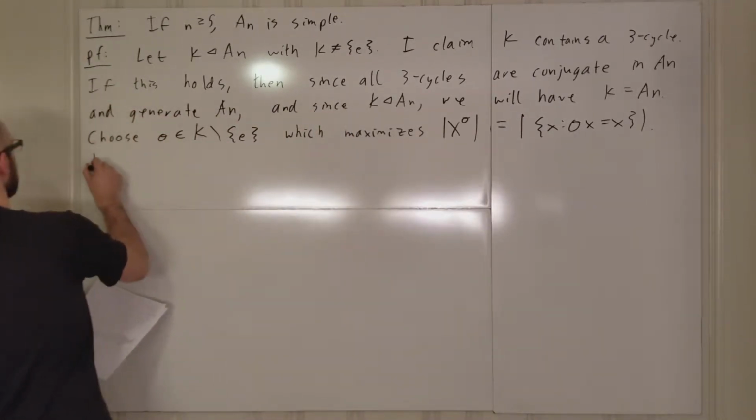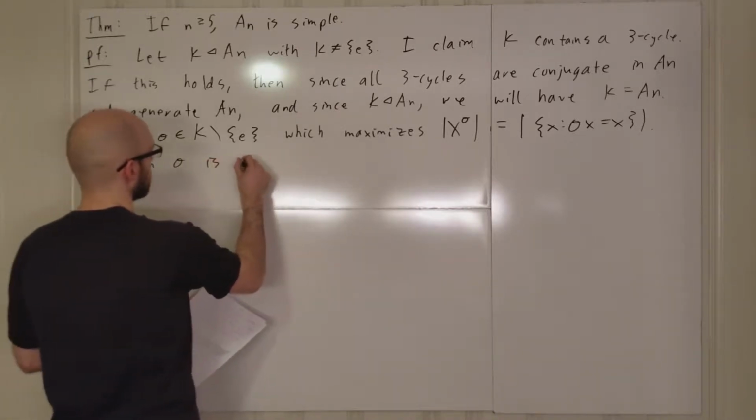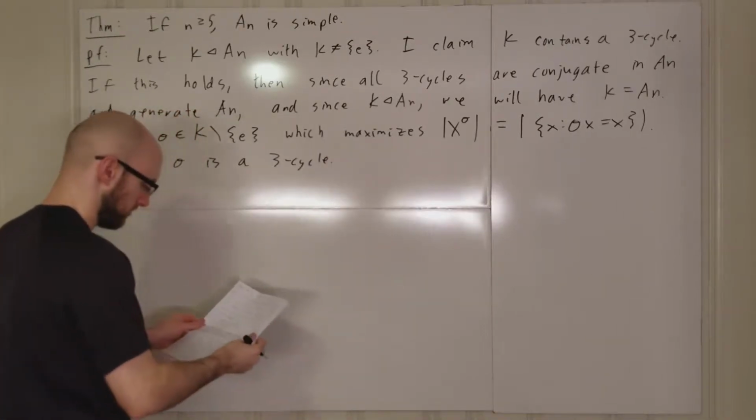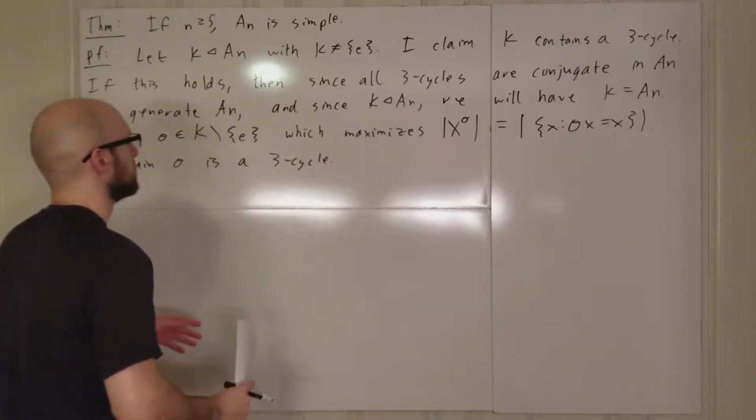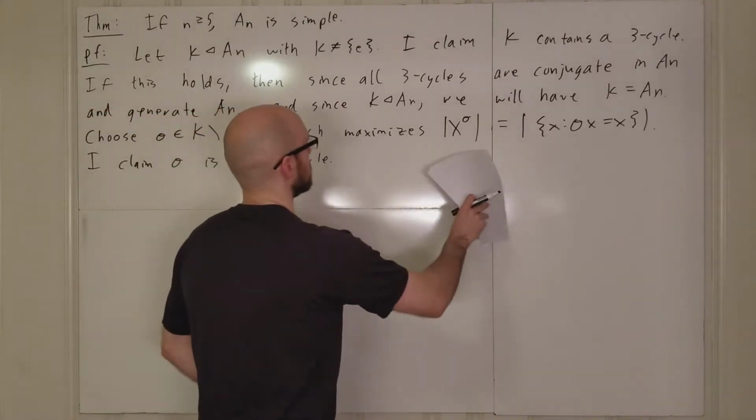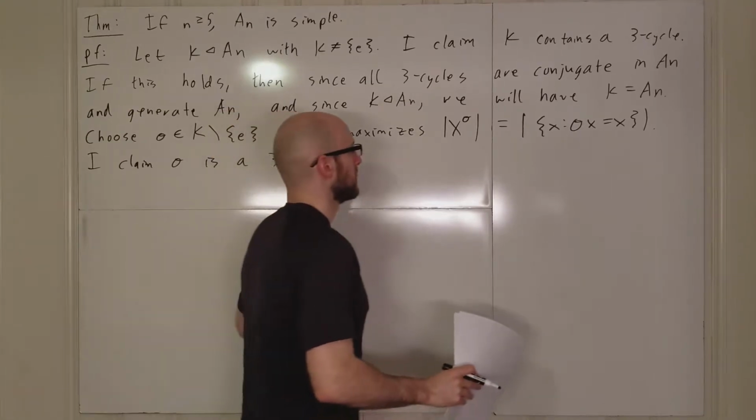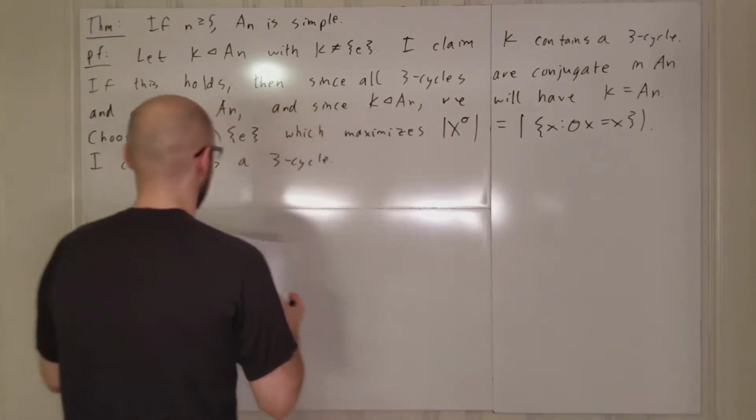Alright, so I claim sigma is a 3-cycle. Of course, we want to make sure that sigma is not the identity because the identity fixes everything, and you can't do any better than that. So anyways,